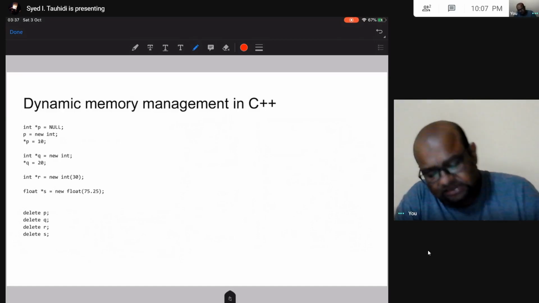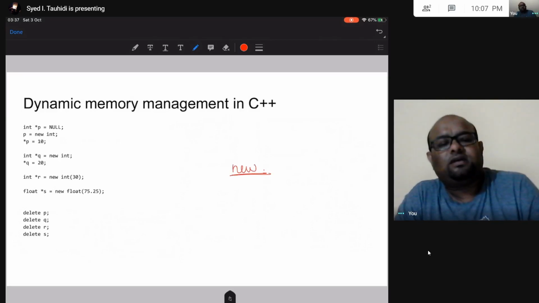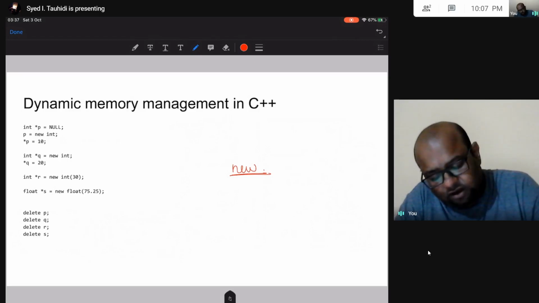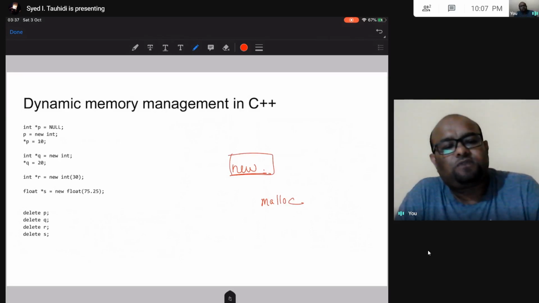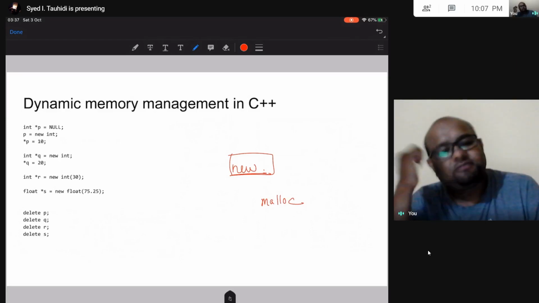In C++, I have this keyword called new. Instead of malloc, I can use this new keyword, and that is going to allocate memory for me in the heap. The stack, data segment and code segment are going to be like before.